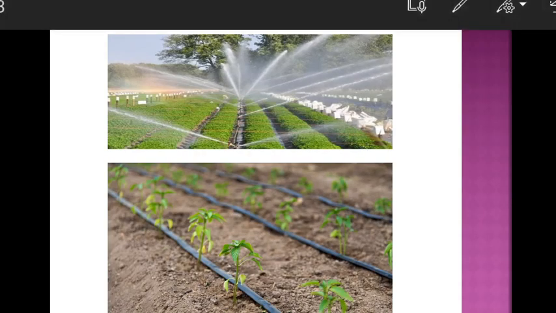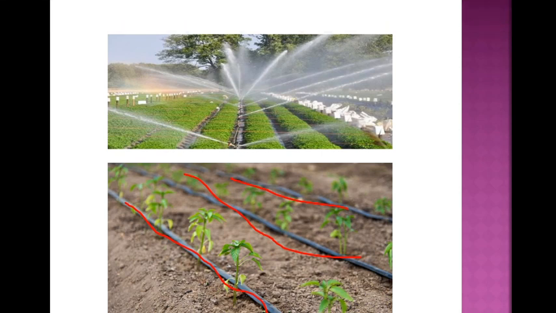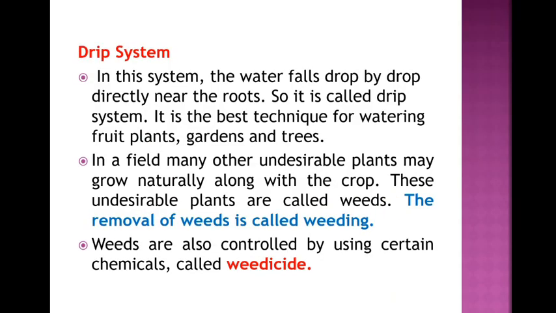So this is drip irrigation. Here the pipelines are arranged near the roots of the plant, so the water falls drop by drop directly at the roots. Here the water is not wasted. So that is the drip system, and this is also one of the best techniques for watering gardens, trees